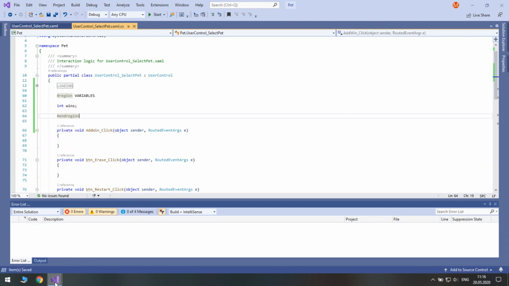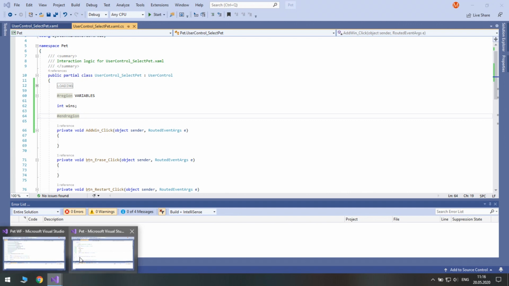Now let's copy variables mentioned in the pet selection process from Windows Forms.